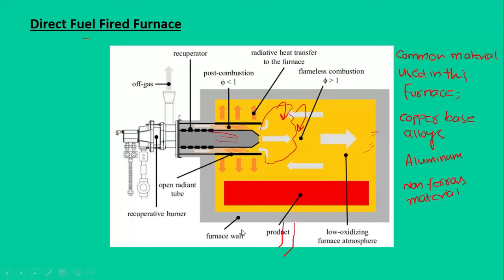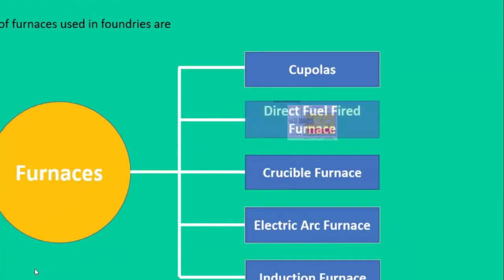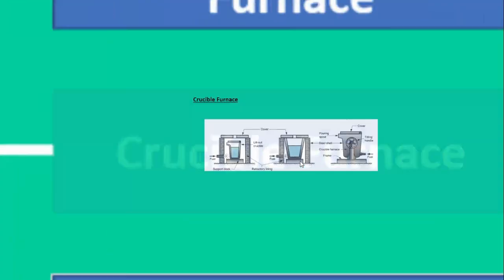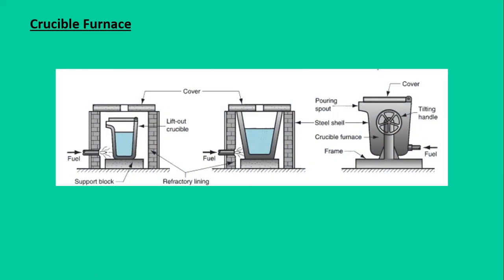The third type of furnace that is used in the foundries is termed the crucible furnace. These furnaces melt the metal without direct contact. In the previous one, we had the direct fuel fired furnace, because the burning flame was in direct contact with the material. While this crucible furnace is also known as the indirect